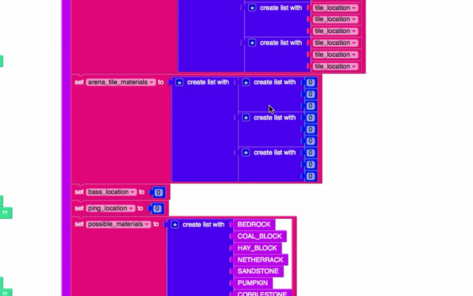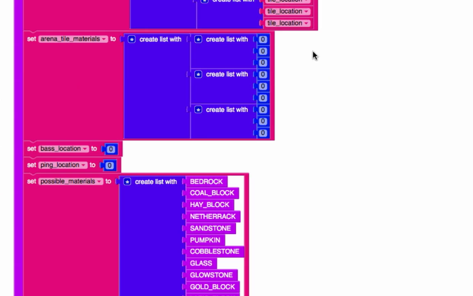And then similarly, I have an arena tile materials variable to represent the materials that each tile is going to take on, in the same fashion as the one above. And right now these are just 0, just to initialize them. Then we have a base location and ping location. These are going to be used for the location of the note blocks